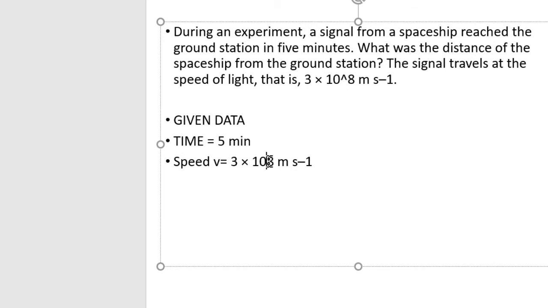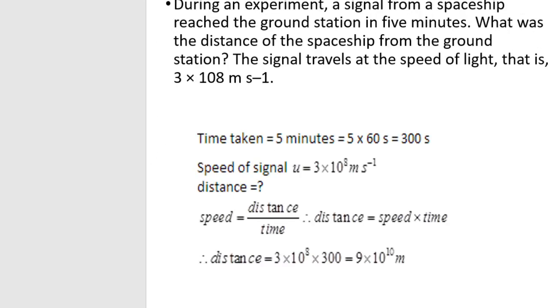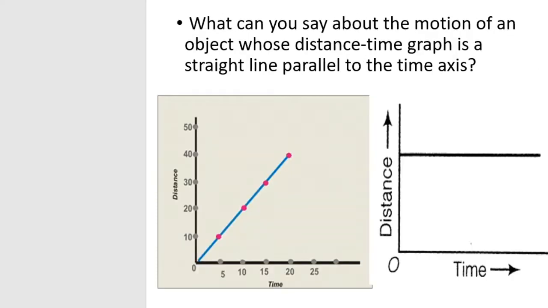So speed is given to you and time is given to you. You have to just calculate the distance. So it is very simple. There is no acceleration involved, nothing is involved. So what you will do is simply apply the formula speed is equal to distance upon time and substitute the values and calculate the distance. This is absolutely simple because I have not given you any acceleration. There is no change in the velocity. Okay, so this is pretty clear.